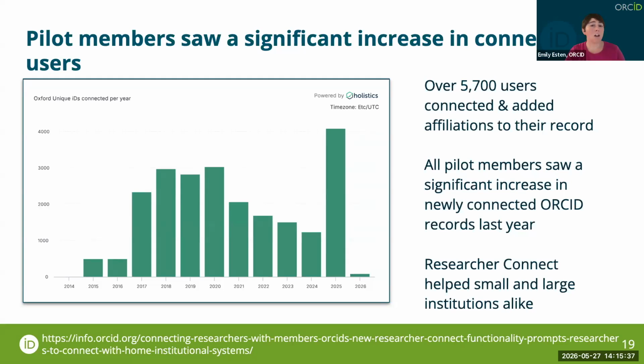And for almost all of those institutions, that first month when they enabled Researcher Connect and were sending the bulk of their notifications, they saw a huge increase in the newly connected ORCID records for that month. I'll also note that Researcher Connect helped small and large institutions alike. So some of these institutions were much smaller, some of them were much larger. They all saw that big increase, and they were all really excited about being able to have that easy way